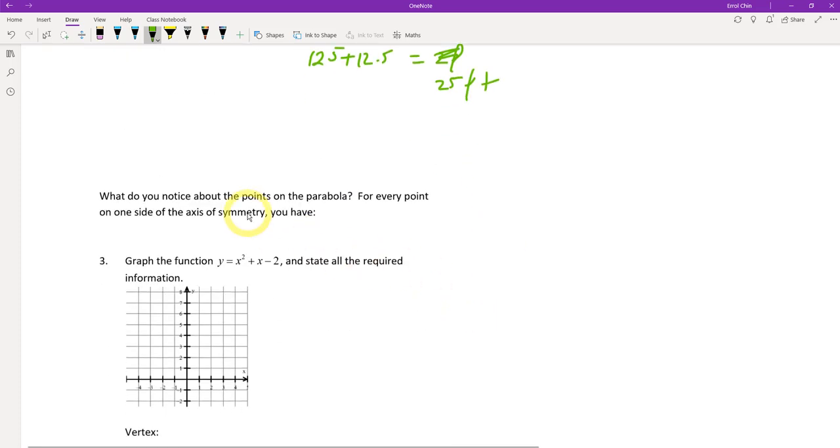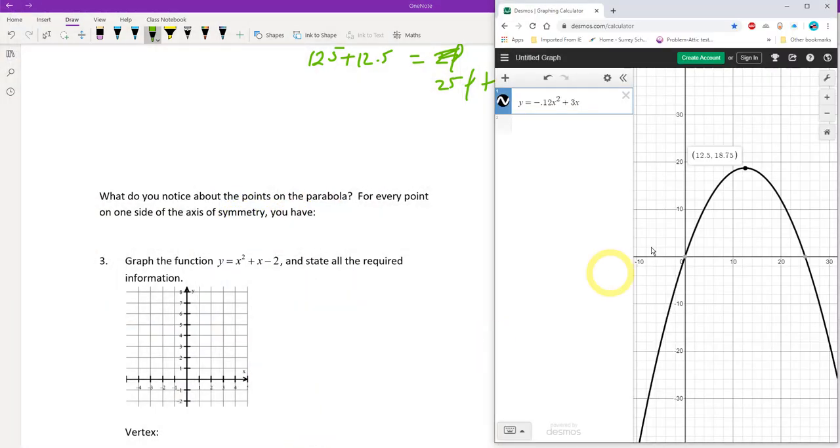It says here, what do you notice about the points on the parabola? For every point on one side of the axis of symmetry, you have one on the other. Absolutely. So if you take a look one more time, here's my axis of symmetry. I can't draw on Desmos, but you have corresponding points left and right, left and right, left and right. Okay? So for every height,